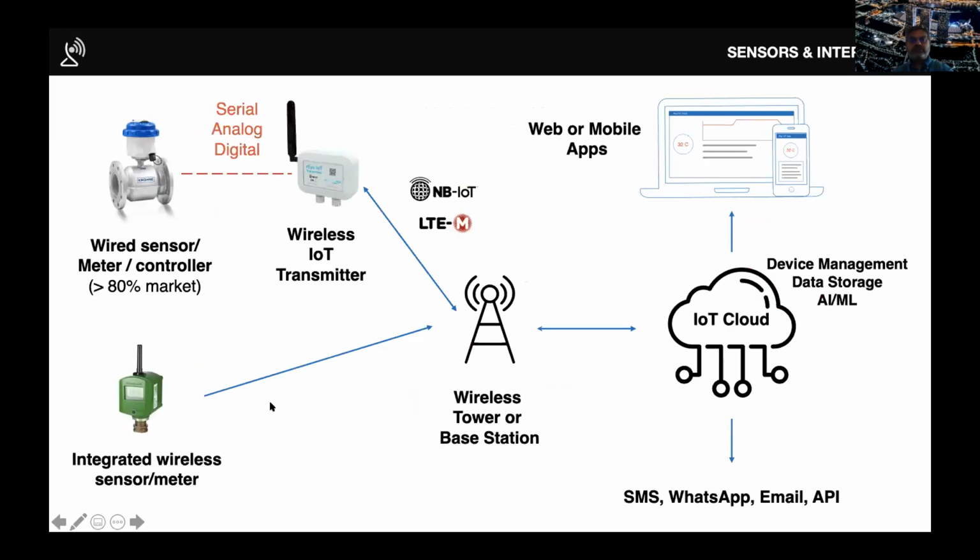There are two ways you can do it. One is if there are already sensors which have inbuilt wireless connectivity. You just buy that, you connect to Singtel's network, and then the data goes to your platform. But a majority of industrial sensors or meters are still wired. They give out some kind of wired output. These are typically called analog signals, digital signals, or serial signals. And that's where we come in. Our transmitter is able to connect to these sensors and then send the data over these networks to the cloud. So this is just to put in context the difference between an integrated wireless sensor and what we are providing.